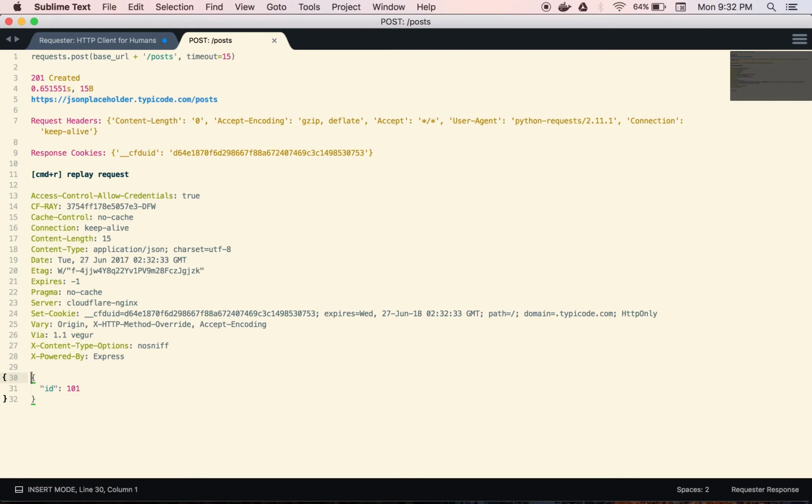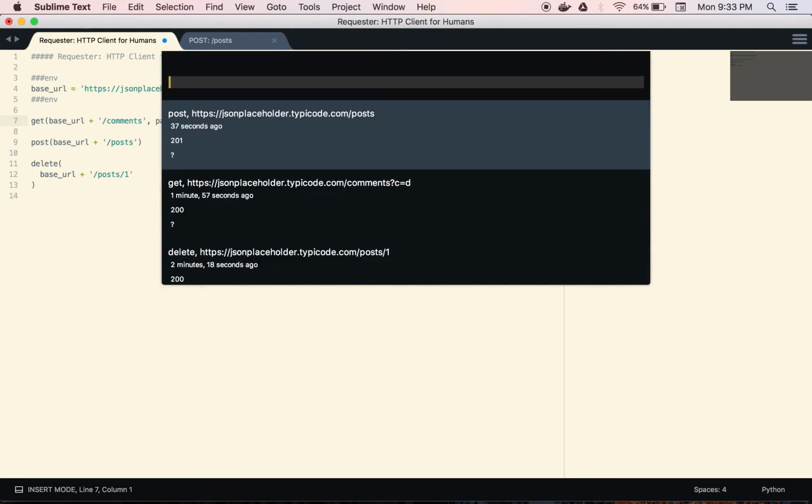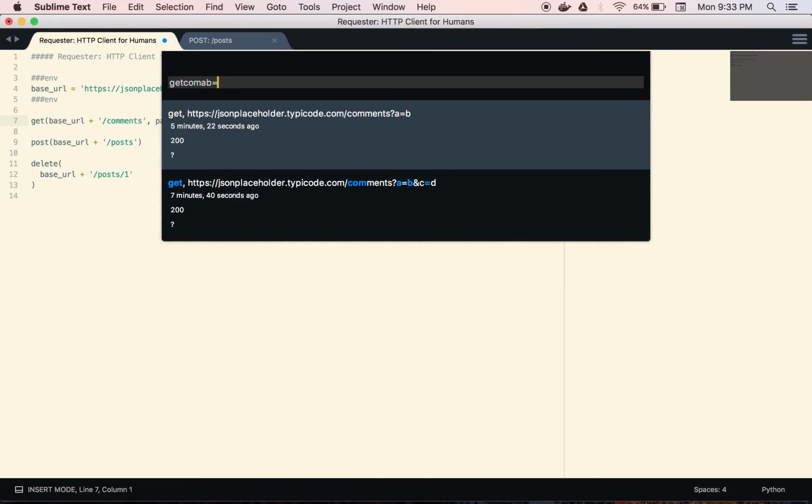Not only does it remember these environment variables, it also remembers what file it was executed from. And that means that if you re-execute a request days after you've executed it the first time, and your env-vars have changed in the env block in this file, those up-to-date env-vars will be used. This is a living, breathing request history that is very easy to search. Like if I want to find the request that I issued to the comments endpoint with that A equals B query string, well, I'll just do, get comments A equals B. There it is. I hit enter,